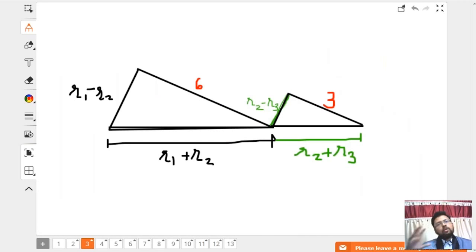Can you see? The whole question, which was looking like a circles question, by just drawing two rectangles, we have converted into a triangles question. Many times these kinds of things would happen in the exam, that directly it may not appear like a triangles question, but you have to convert them into